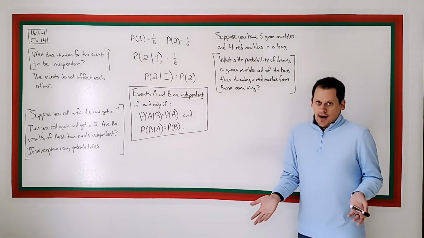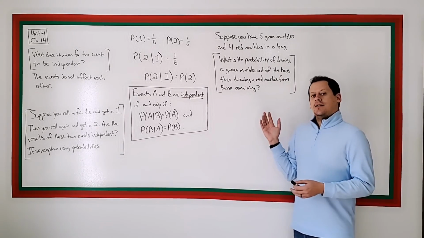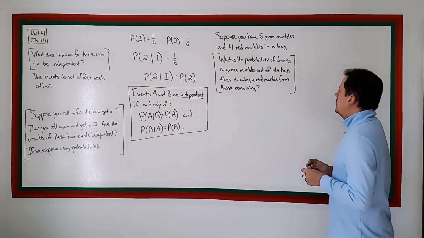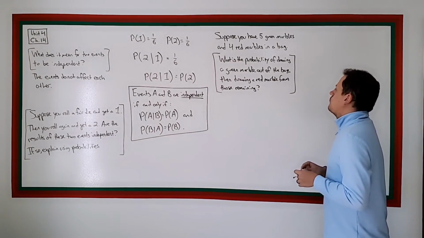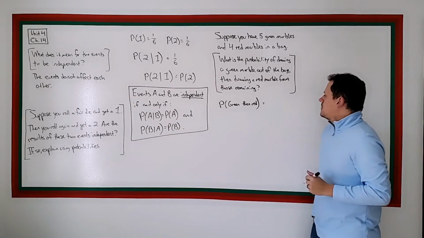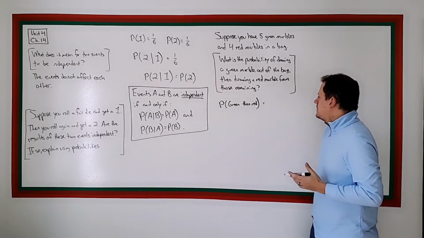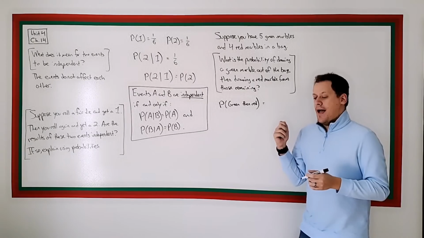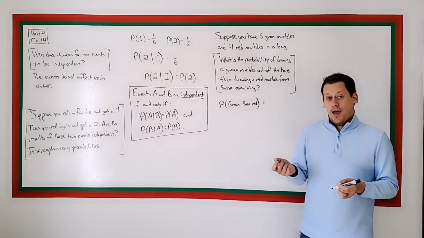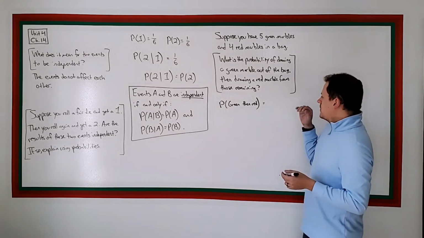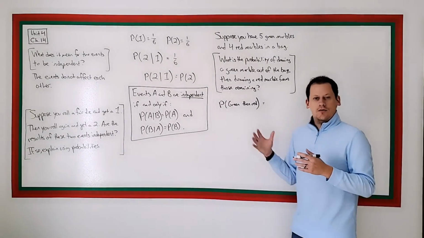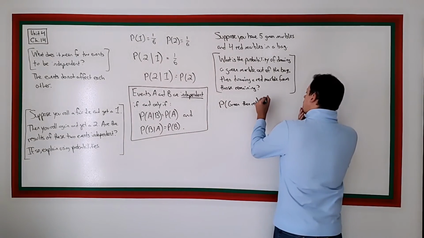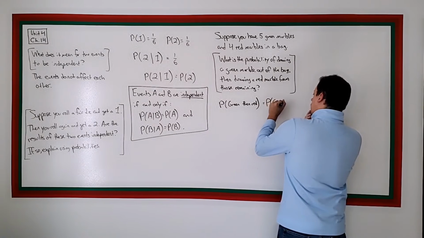Now, you don't need to know any probability rules to answer this question. But since you do now, let's see if we can use those to help understand why it is the way it is. So, we want to know the probability of getting green and then red. And this is not really telling the whole story, right? Because you're taking the green marble out of the bag, putting it off to the side, then taking the red. So this is really two events, and it would be easier if we wrote this as a series of two different events. So this is really the probability of green